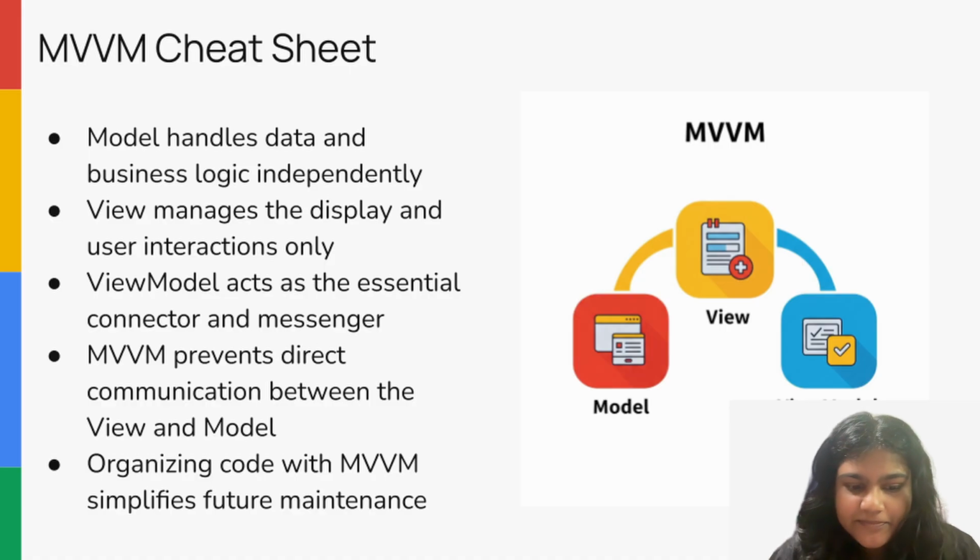In MVVM, the model handles data and business logic independently. The view manages display and user interactions only. And the view model acts as an essential connector and a messenger. MVVM prevents direct communication between the model and the view. Organizing code this way simplifies future maintenance and makes you a better